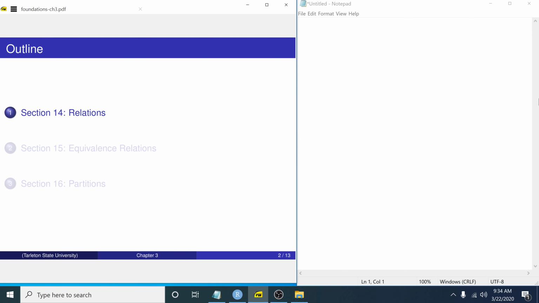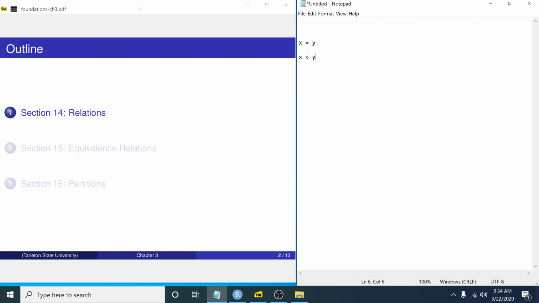I think a good way to motivate this topic is to think of some of the ways that you've encountered relations in your previous mathematics courses. And there's broadly two ways. The first way is the idea that a relation is kind of like a mathematical operator that connects two objects. So, for example, we might say that a real number x is equal to a real number y. So these two real numbers x and y are related by the relation of equality. Or we might say that x is less than y, in which case x and y are related by the